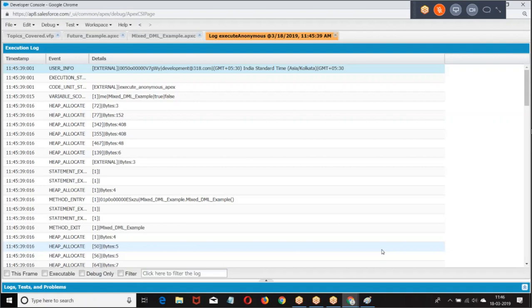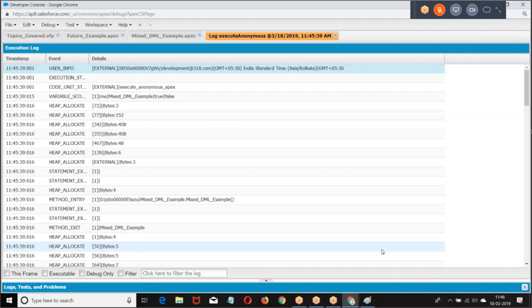Right. Are you clear about this? Both of them are running, but they are running independently. Any further queries from your end?